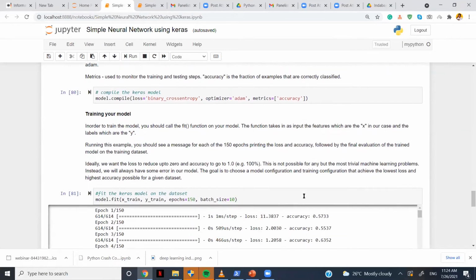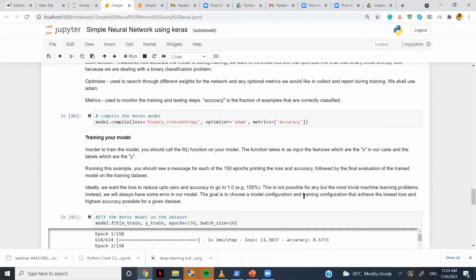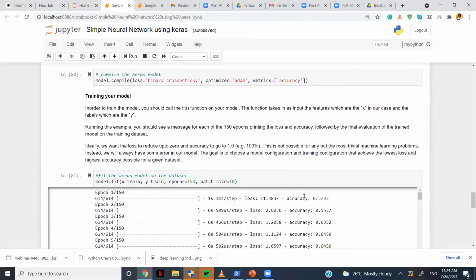Then after compiling, the last step is to fit. By fit, I mean I'm trying to train my model. So what do you train it on? If I want to train my model, I call the model and the .fit function, and inside there, the